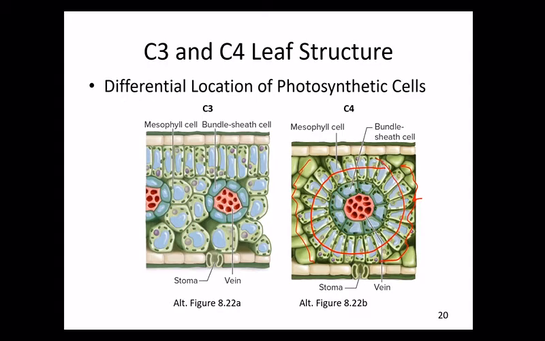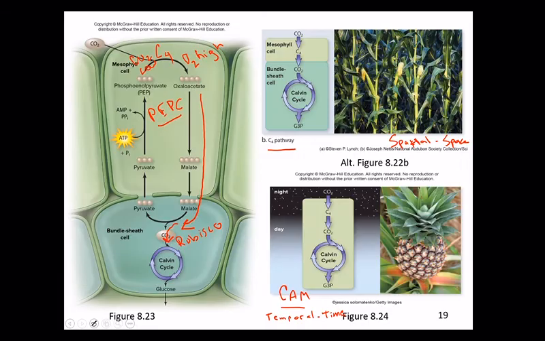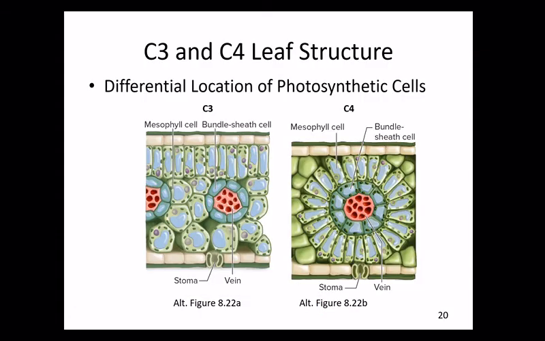But since they're using PEP-C rather than using Rubisco to fix the carbon, they're not affected by that. Once the carbon is fixed by the C4 pathway, it's then moved into the bundle sheath cells. And if you'll notice in this picture again, the bundle sheath cells are more central, they're protected, the oxygen concentration